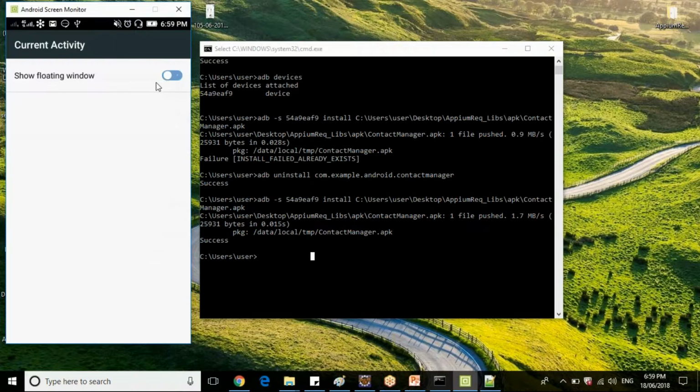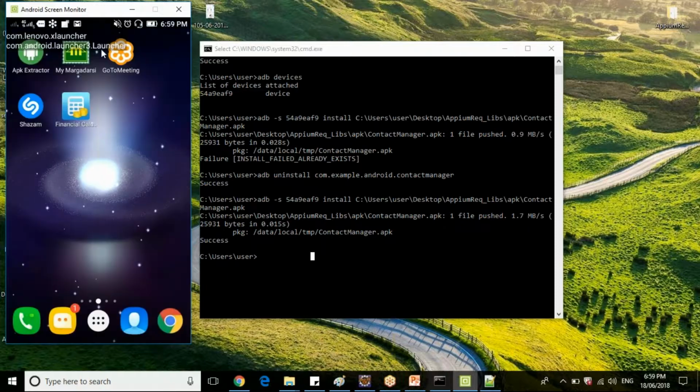You will have only one option, show floating window. Just enable your floating window. Suppose your accessibility settings is blocking this application, it will automatically launch accessibility settings. Just enable this Current Activity in accessibility settings also, so that this screen will be shown with the package and activity names.